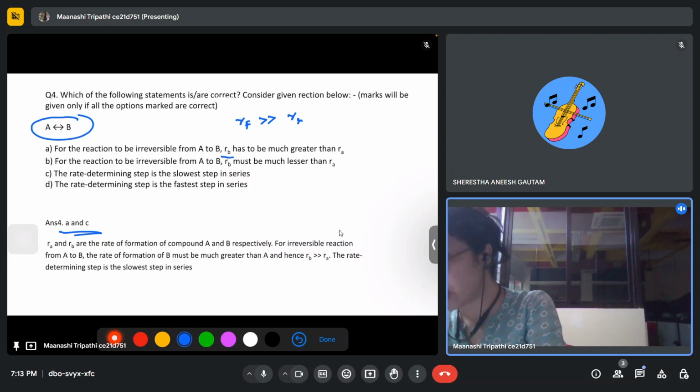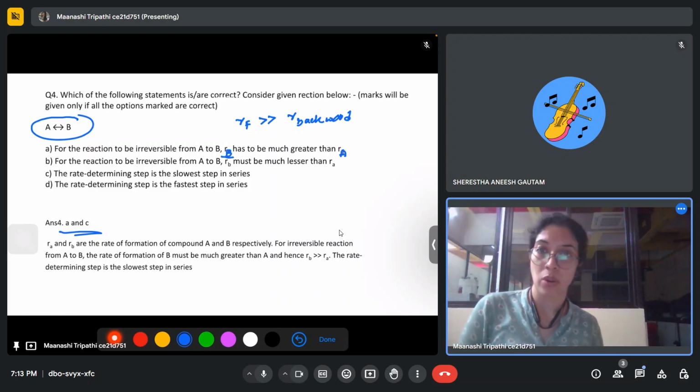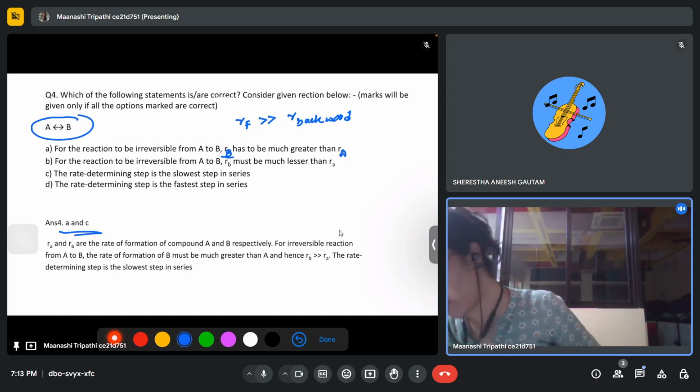So here B is backward, don't get confused. And here B is the rate of formation of B. I should have written it like this, capital B, for easy understanding. So the rate of formation of B is much higher than the rate of formation of A. So that is why it is